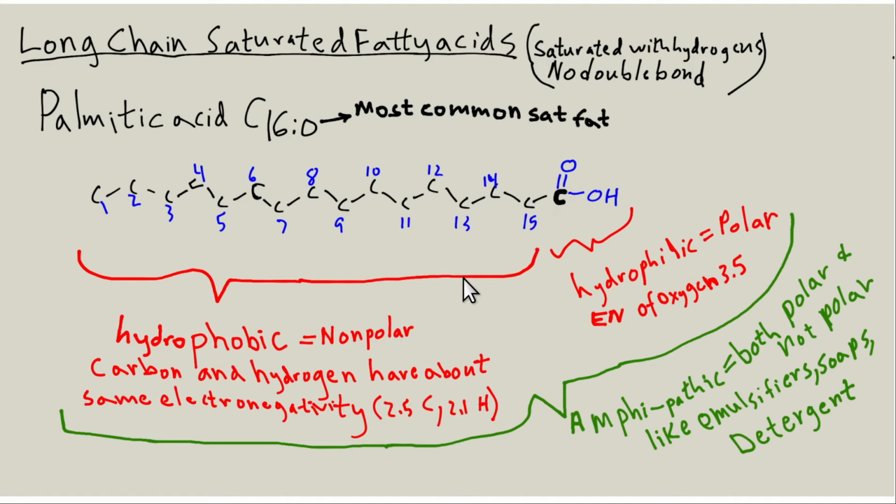Here's a little bit about the structure of a fat. You've got a carboxylic acid, and it's an acid, and that's why they're called fatty acids. Here is the carboxylic acid, and that's the acid end. Because of the oxygens there, it's a little bit polar. It's polar because you have a different electronegativity, desire to grab electrons, between that of the carbon and that of